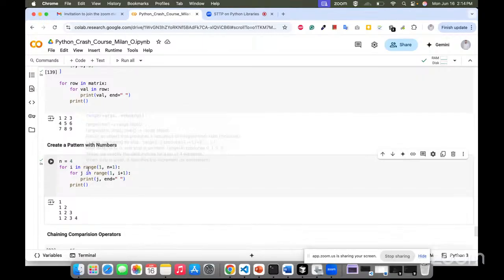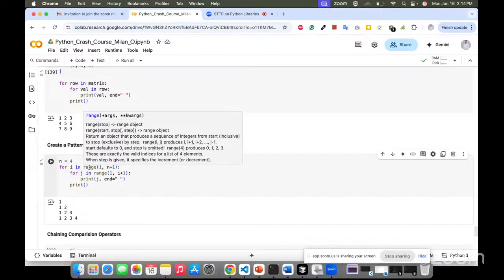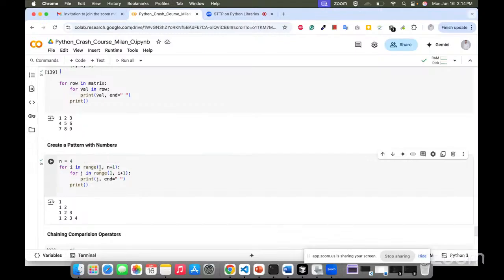Range, as we have seen, is a function. Here we have two arguments to range. The first one is start, meaning we want to start with 1. If we don't do that, then it will start with 0. And then n plus 1, meaning